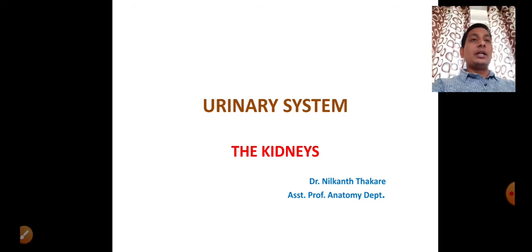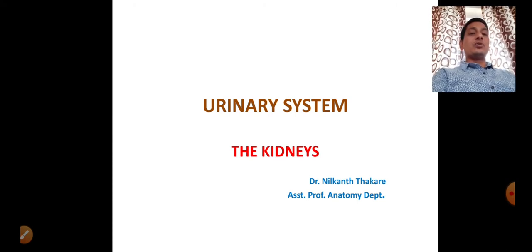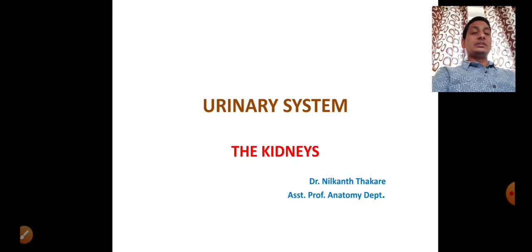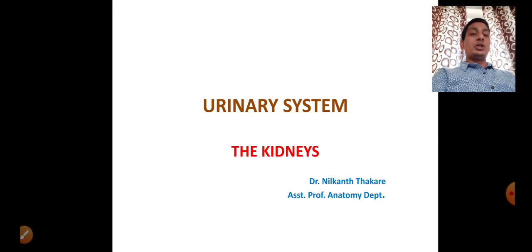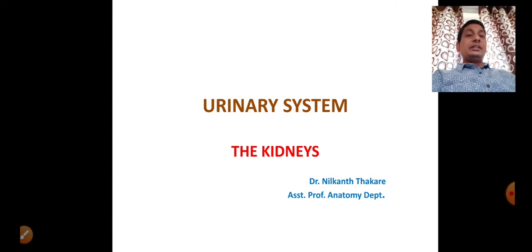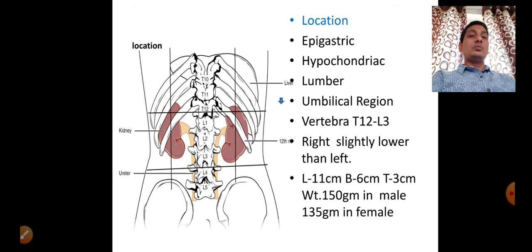Kidneys are called the renes, from which we have the derivative renal, and nephros, from which we have the term nephron or nephritis. Kidneys are a pair of excretory organs situated on the posterior abdominal wall, one on each side of the vertebral column. They remove waste products of metabolism, that is excess water and salt, and maintain the pH of the blood. The kidneys are bean shaped, situated on each side of the vertebral column.